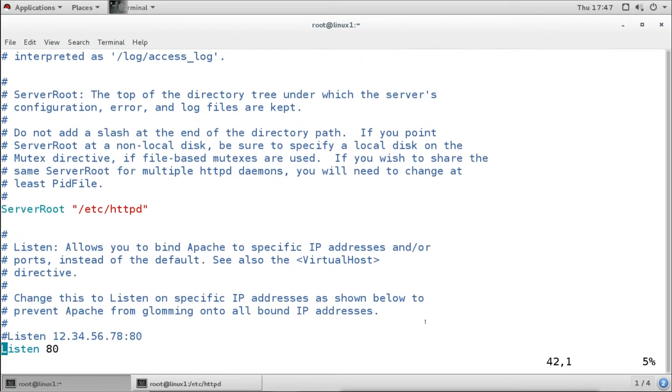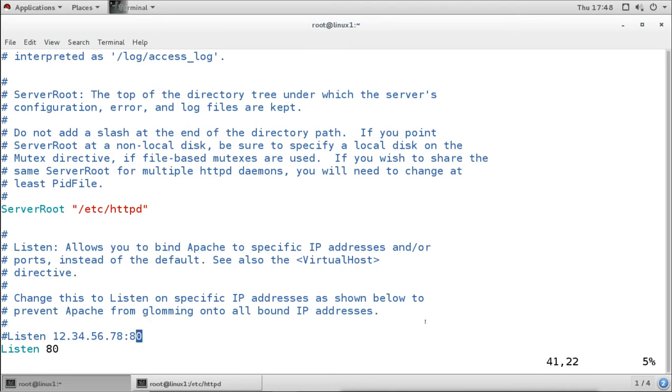Now the first configuration which is enabled here is deciding the server root directory. Server root directory means where it is going to load all the configurations. So it is here under /etc/httpd. This is the main root directory for the HTTP server, our Apache HTTPD server. So it is defining it here. We don't have to change that.